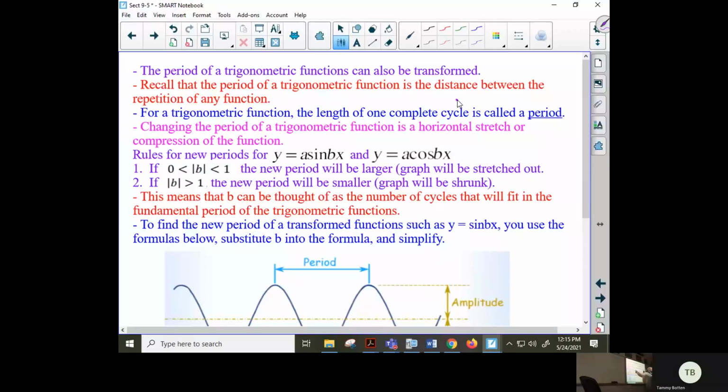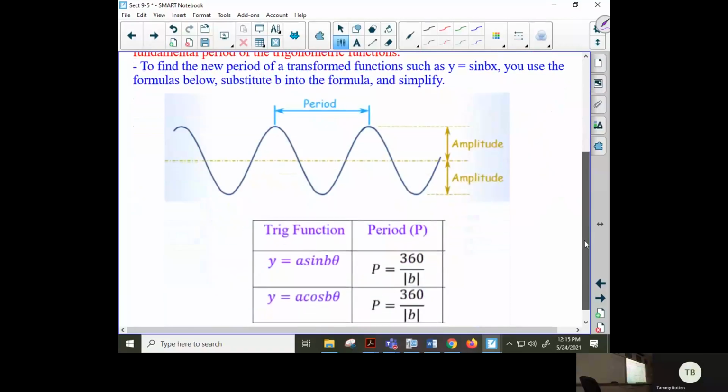So the number in front changes how tall and low that a graph will go. The number in front of your x or your theta, that changes how many periods you can have on a graph, okay? So if you look here, period is again the distance from any two similar spots, like here and here would be one period. You could say, okay, I'm going to go from this spot to this spot. That's one period, okay? Amplitude, again, is this distance,